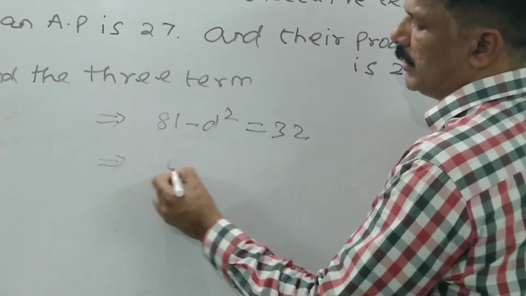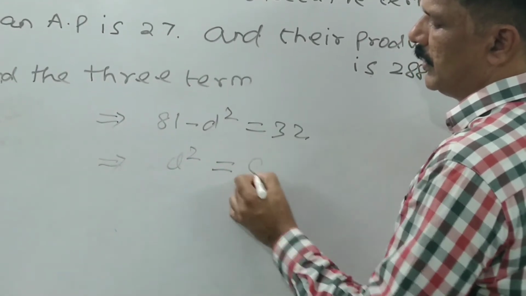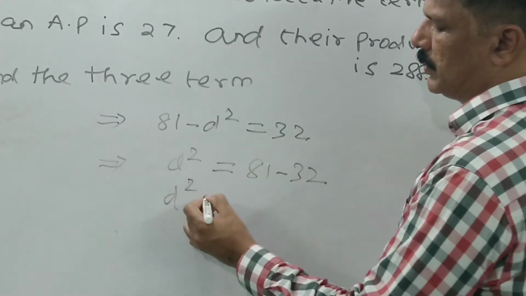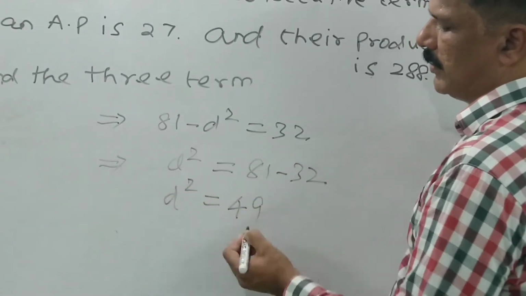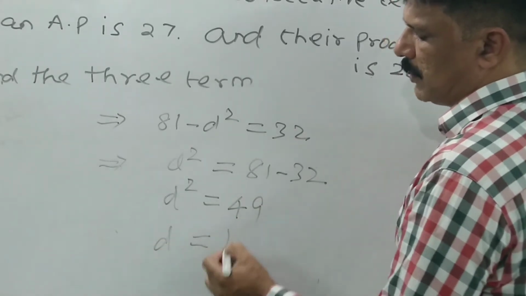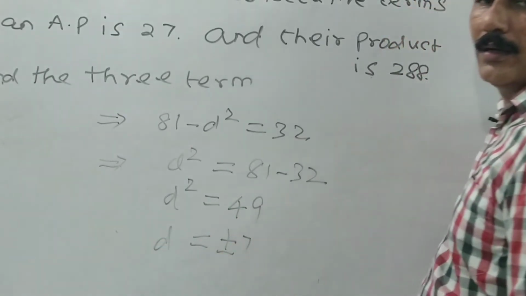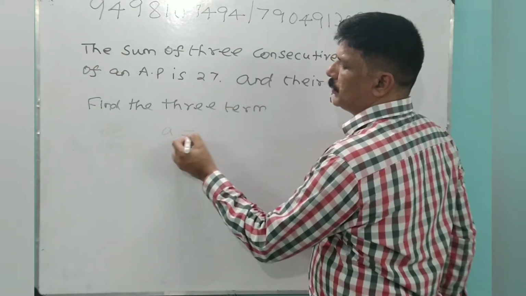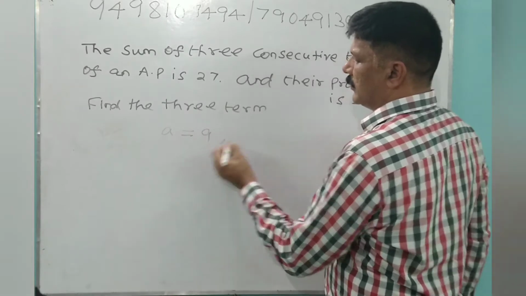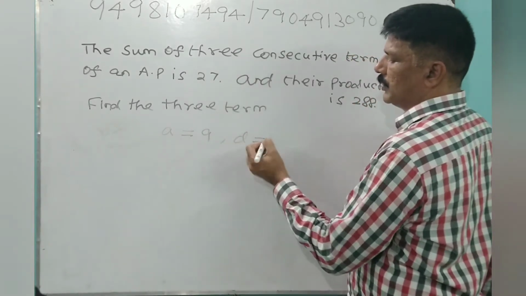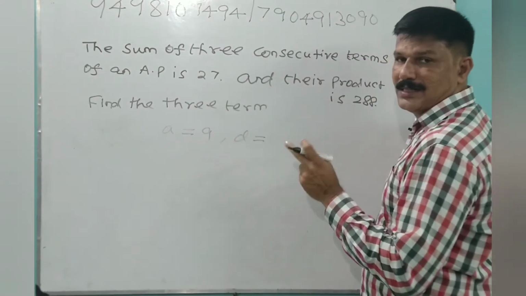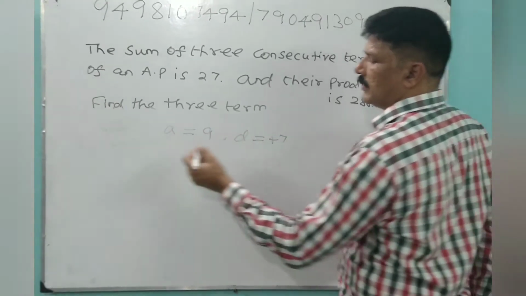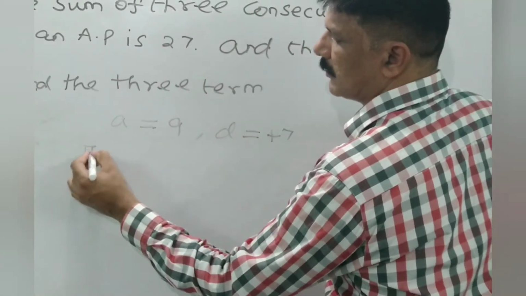Next step, d square equal to 81 minus 32. D square equal to 49. So d equal to plus or minus 7. A equal to 9, d equal to two values, plus 7 and minus 7. First we take the plus value, plus 7. Then the three terms are